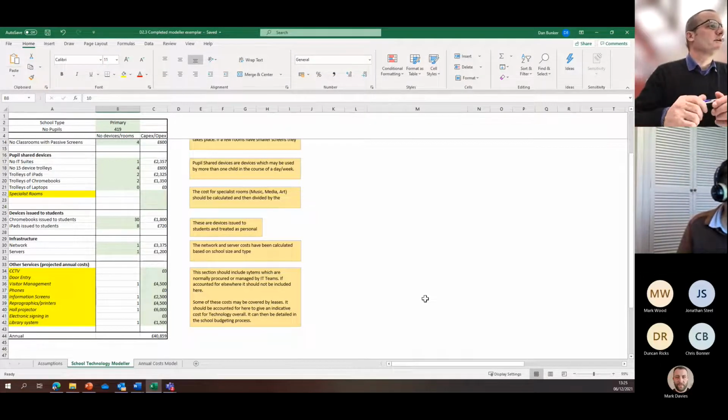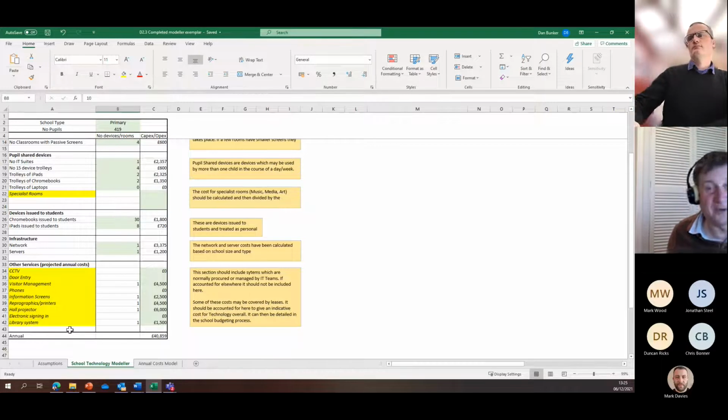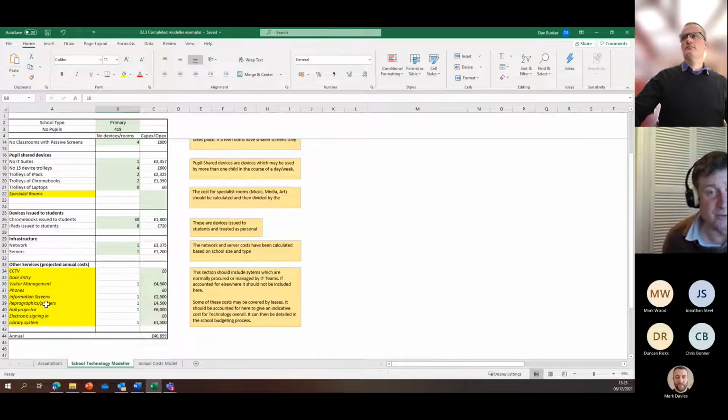Just want to highlight the yellow things, Dan, because sometimes that might come out of an IT capital budget, and sometimes it may appear elsewhere. But do you want to just say a little bit more on that, or is it self-explanatory? I think the yellow ones there, they're highlighted yellow because you might want to edit them. That's the first thing to say. And the second thing, that is quite an interesting point about leasing. Particularly things like reprographics printers. A lot of schools now are going towards a leasing model for those if they're not already on them. And obviously, the more you